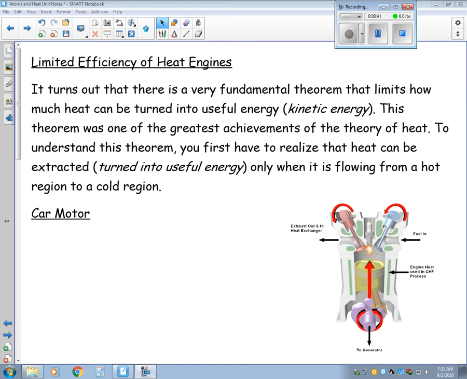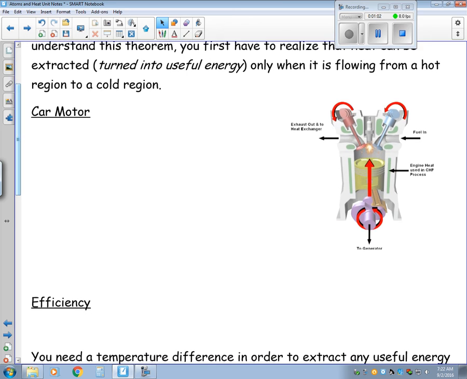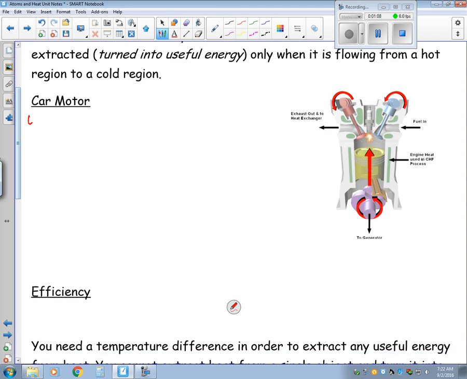And we have to realize first that heat can be extracted to be turned into kinetic energy, but only when it flows from a hot region to a cold region. So for a car, the hot region is inside the cylinder. The cold region is the atmosphere. It's outside of the tailpipe. So, for the car motor, when the gasoline burns,